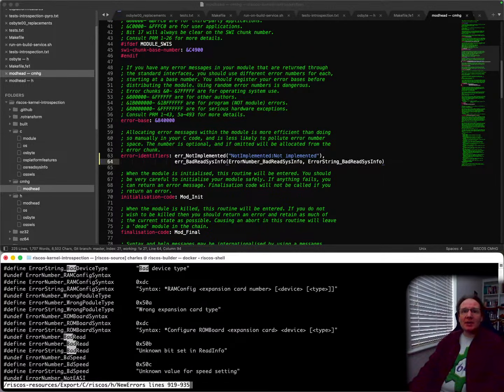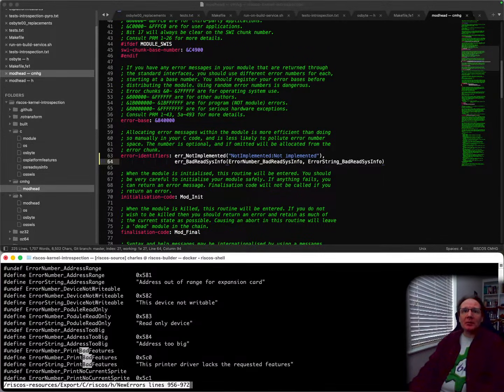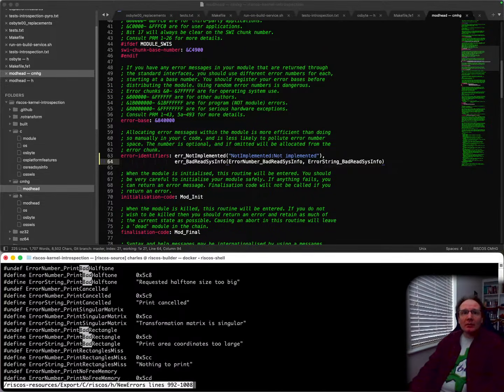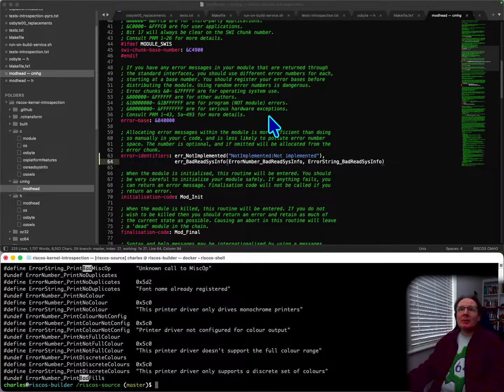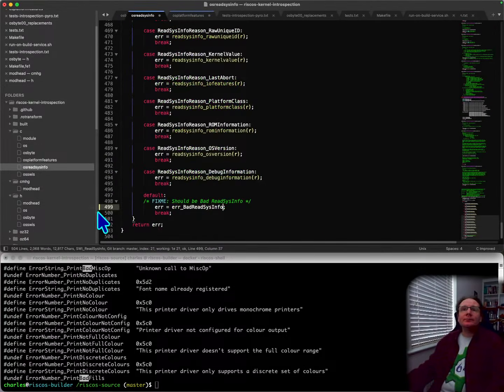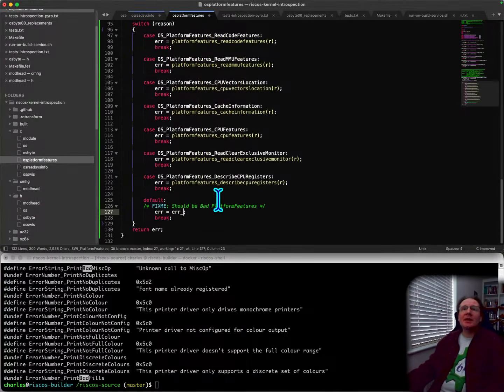Yeah, all in podule stuff. Yeah, I think I'm just going to have to... Oh, what was that? Read info. That was printer, wasn't it? That's right. Rectangle, half term. No. All right, give up. Fine, that was unhelpful. So read sysinfo is there. We'll just have to use not implemented then. Leave it as it was. But